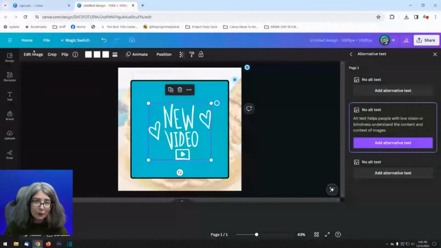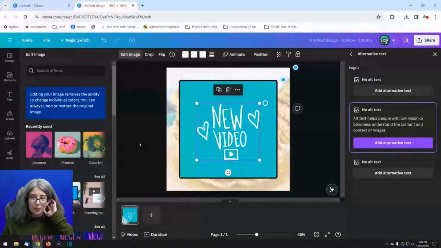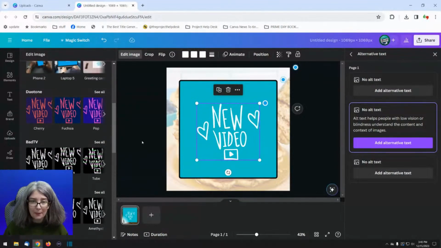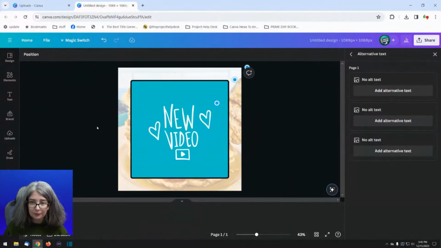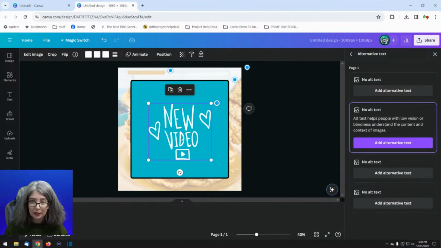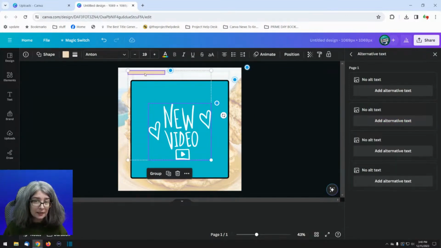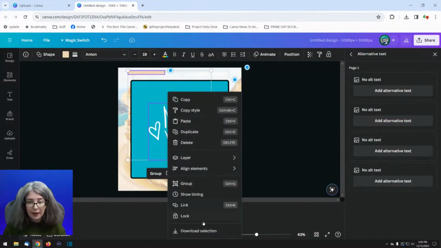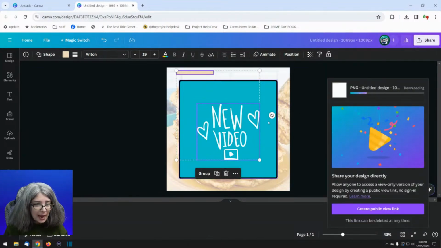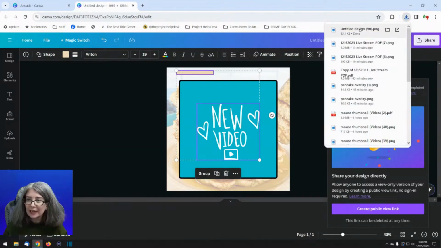I think if we go to edit image, okay, now here's a little trick for you. If you go to edit image, you cannot make it any thicker. I'm just going to give it a little help by giving it a rectangle. I clicked R on the keyboard. We're going to take that and click the little rectangle and download selection. We're just going to download it with a transparent background and then bring it back in.